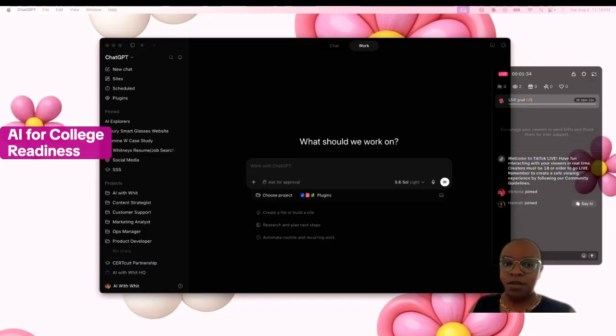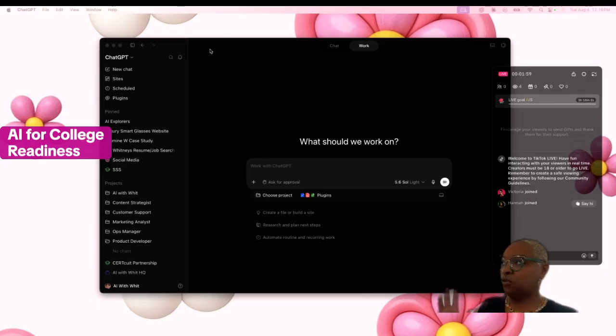And so what I want to build out is have it go look for some scholarship opportunities so that she can start applying for scholarships. And I want it to then be able to put it into a Notion document where she can track it, apply for them, track her application status, things like that.